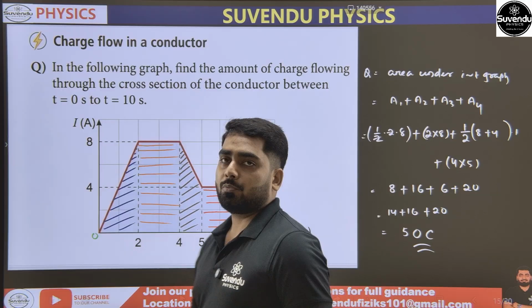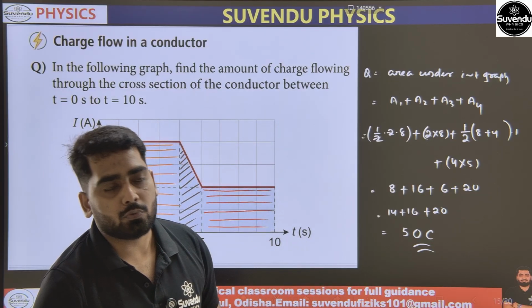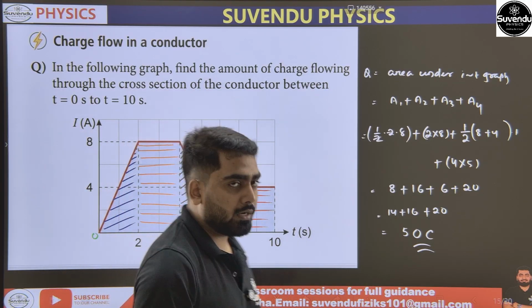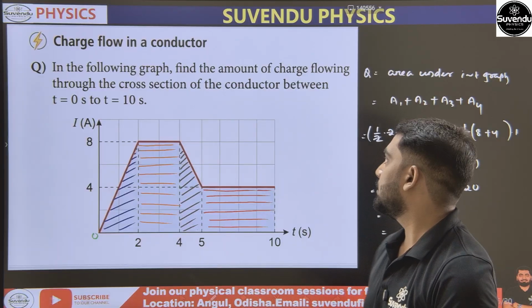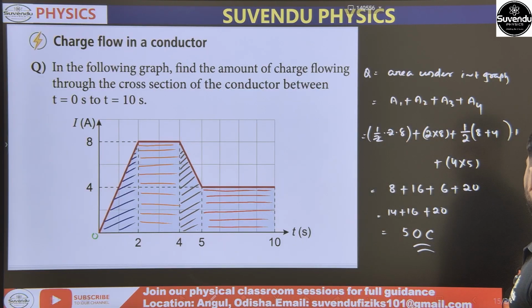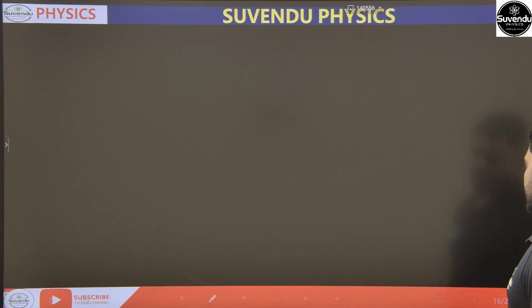So we have to solve numericals like this, related to I is equal to Q by T, I is equal to NE by T. These are some numericals. Okay, so next we come to one of the finest content,